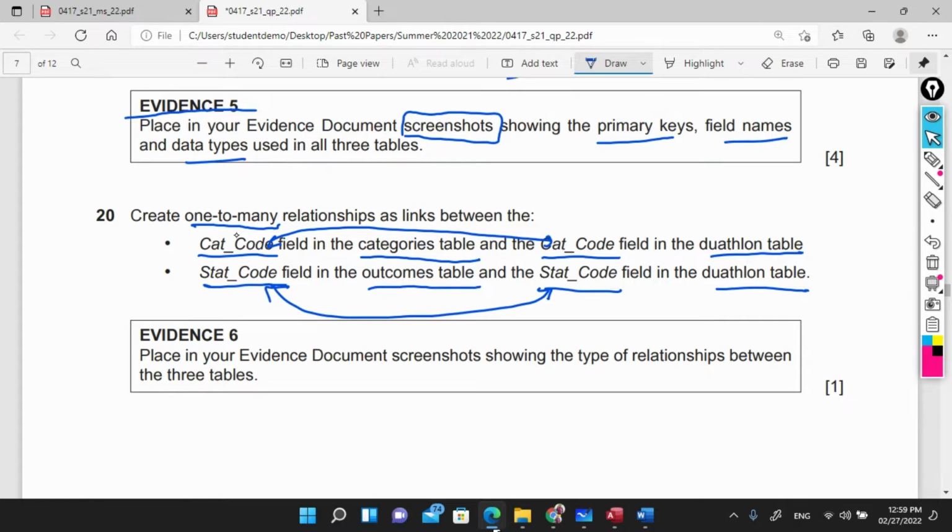Why this cat code? Is cat code mainly part of duathlon or part of categories, guys? Cat means category. So it's primary key in the category. So it mainly belongs to categories, not to duathlon. Why is there a copy of it in the duathlon? Yeah, to represent the relation. So it's just a representative, just like